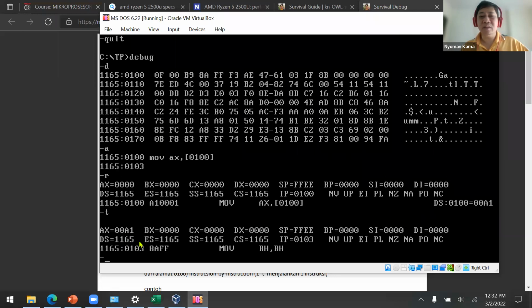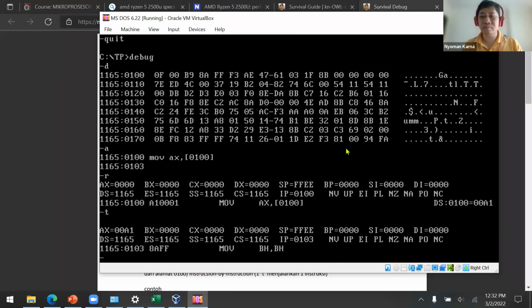How come it becomes 00A1? Let's read this out. I check this, the data segment is 1165. This is the data segment, and then the offset is 0, 1, 0, 0, which in this case is this one.